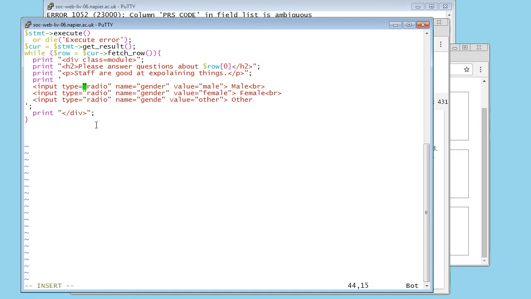Type is radio button. Name. Okay, so I'm going to have several questions, and this is about a particular module, and it's Q1. So if I put in Q1 there and Q1 here, this is question 1, and this is question 1. And the value is, so this value is, I think I'm going to go with numbers. So the value is